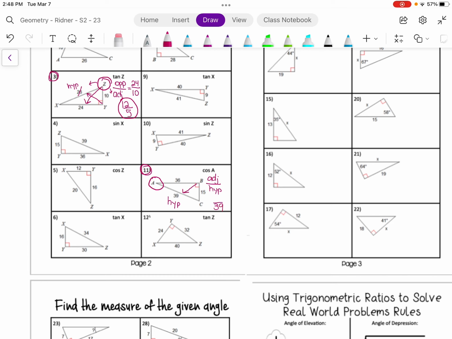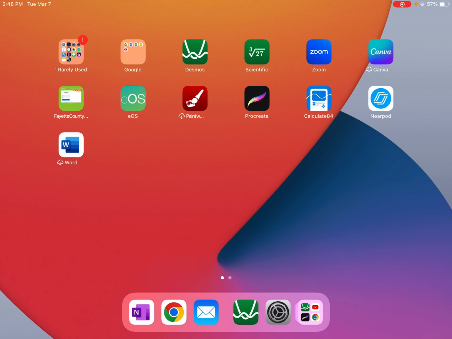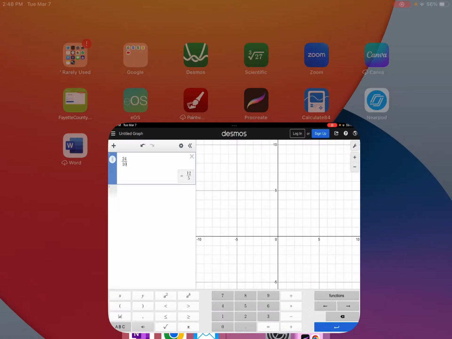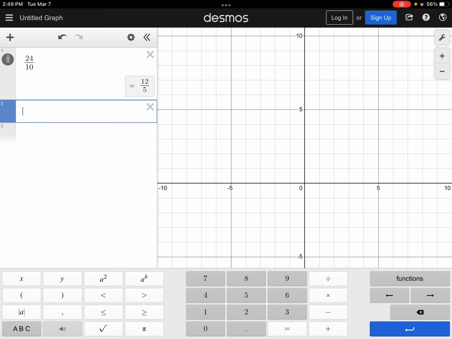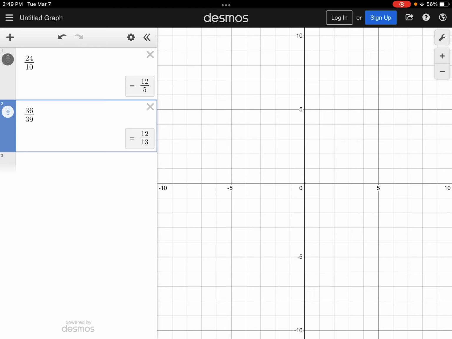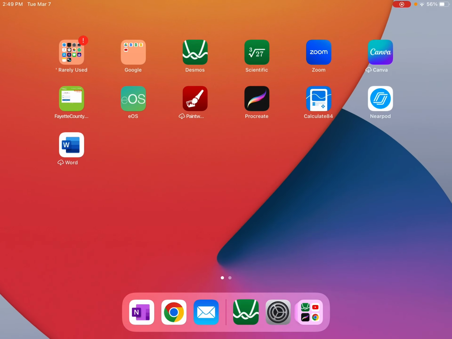Okay. Adjacent is next to the angle. And last but not least, 36/39. Hit the little fraction button here. 12/13